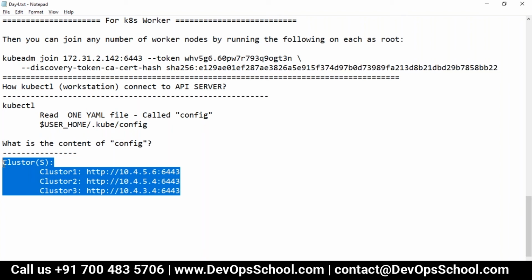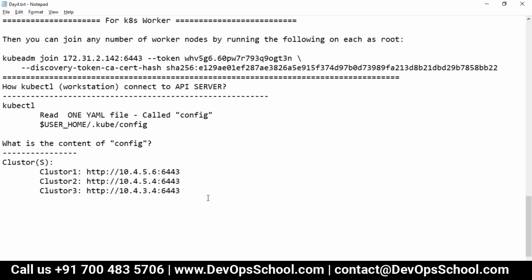So to avoid any anonymous changes, we have certificate-based authentication. How this certificate-based authentication works, I will talk about tomorrow as part of authentication and authorization. But here, you need authorization.